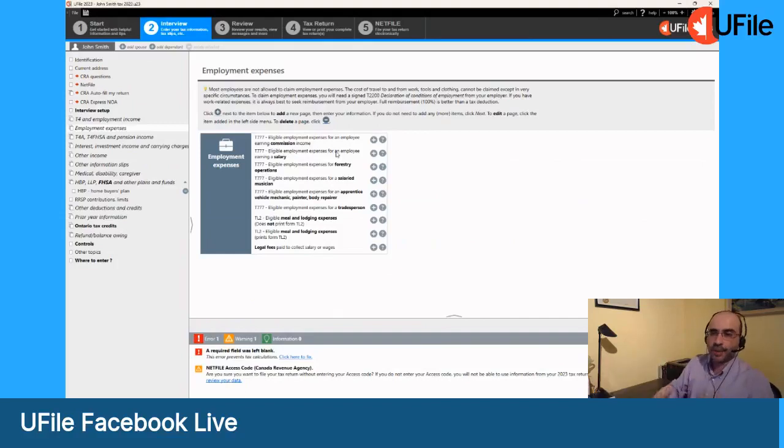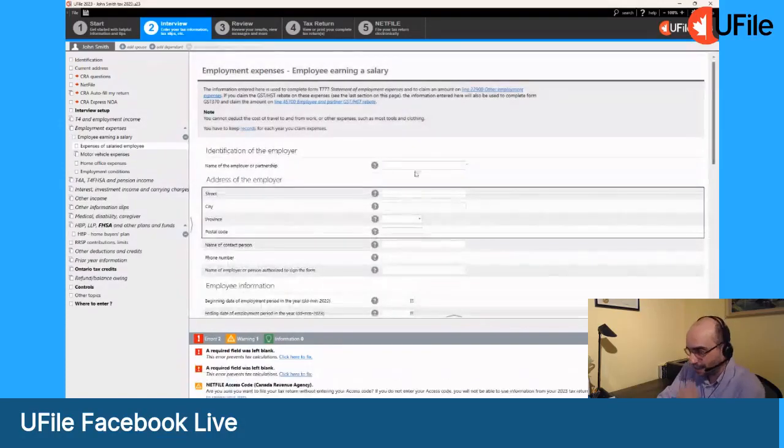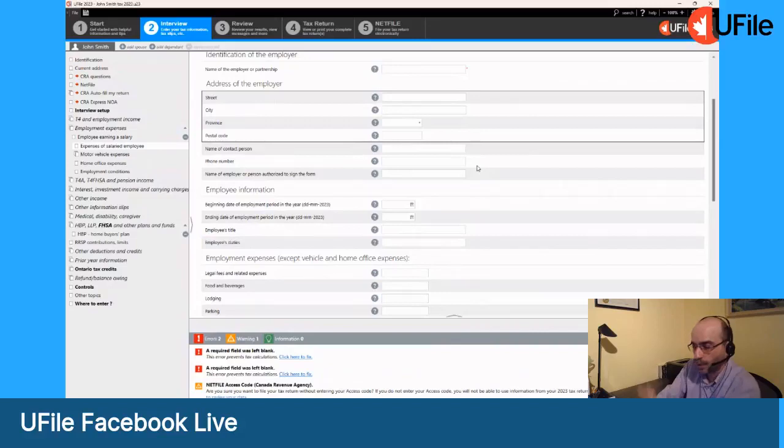While a salaried employee, you can claim less expenses, but you are capped by your salary, in this case by your employment income. So for most of you, it would be salary income. So I simply click on salary, and then you could claim general employment expenses.